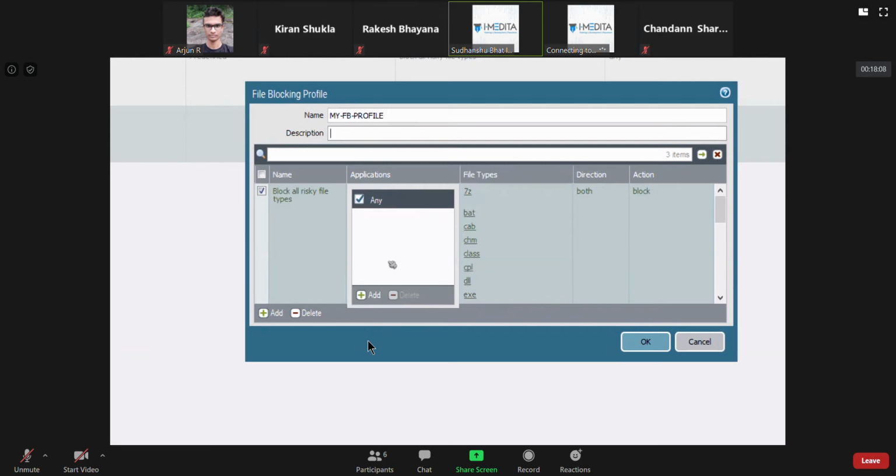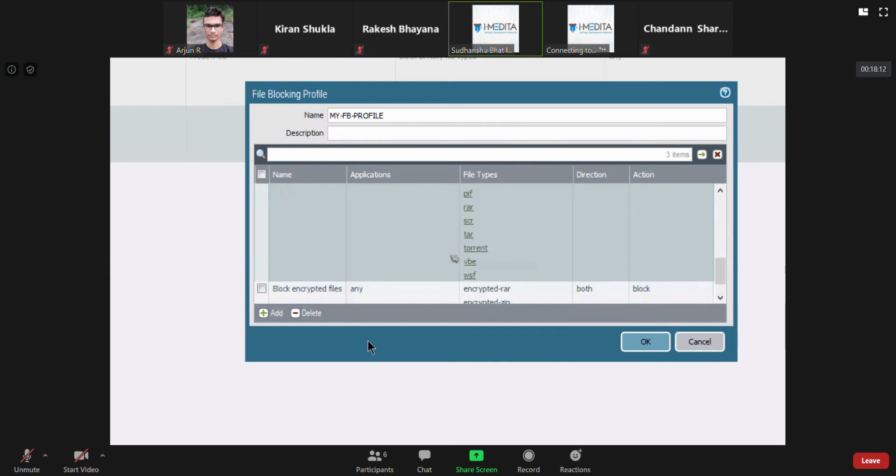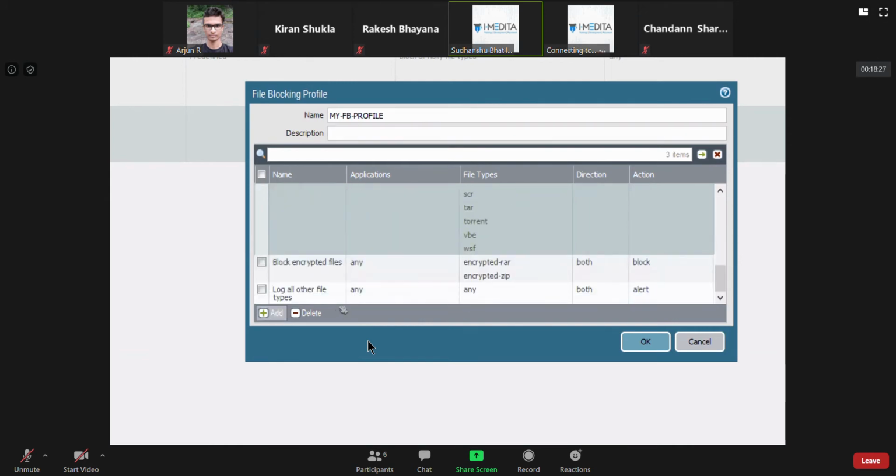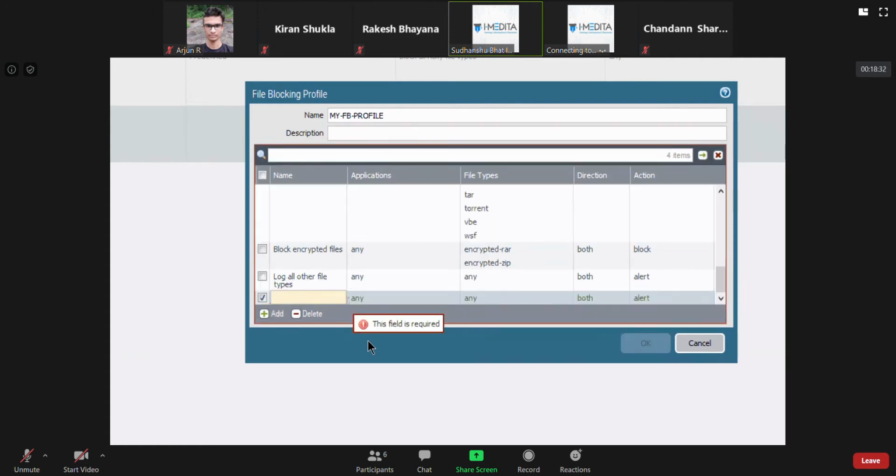Now, if you see, PDF is not there. So you can add that to the existing ones in the list by clicking here and clicking add. Or what you can do is add a new rule in the file blocking profile.